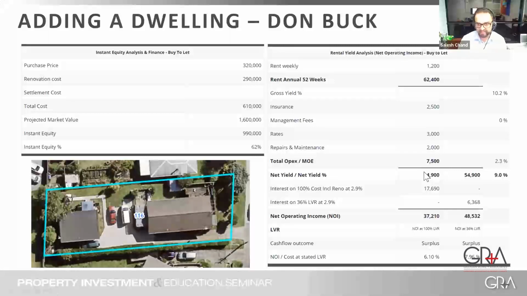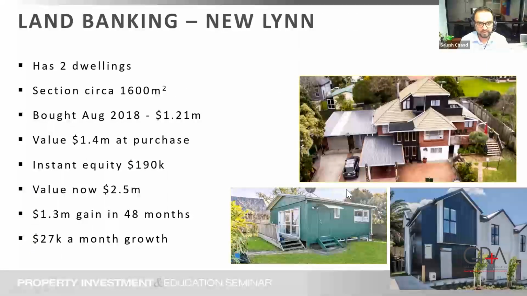I've actually kind of paid this property off, so the interest rates is irrelevant to me. I get $54,000 a year out of this after my operating expenses. That's all the money that's coming to me, because what I've done over the last 10 years is all the rent that came in, I paid off the debt. So it's freehold. I get that $54,000 in my pocket. I take the money and put it against other properties anyway. That's what I'm doing here. So here's another property, land banking in New Lynn.